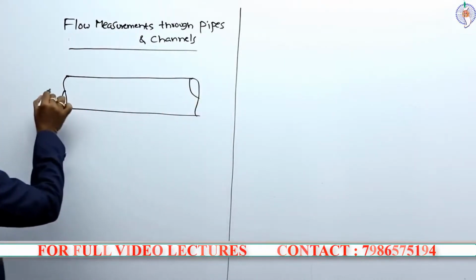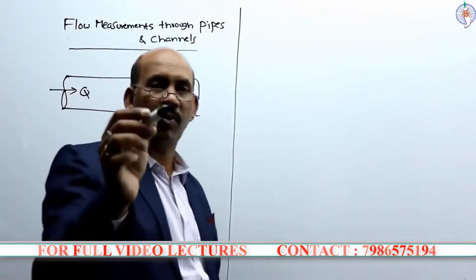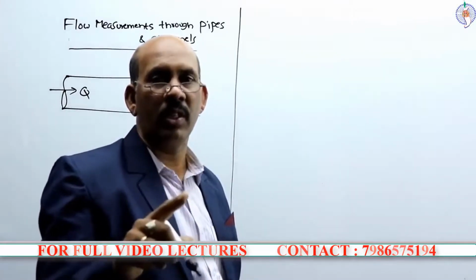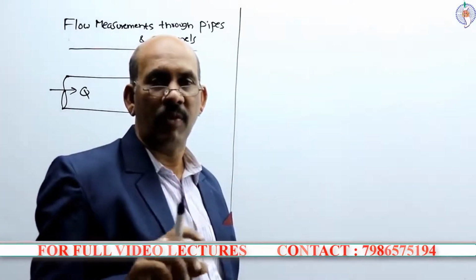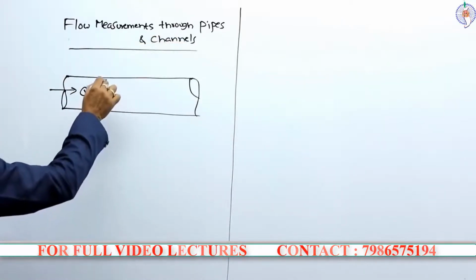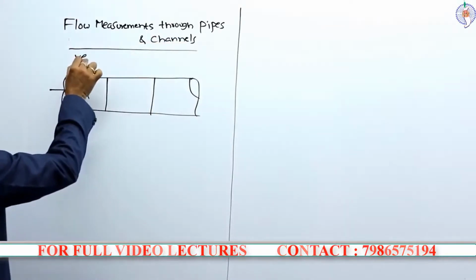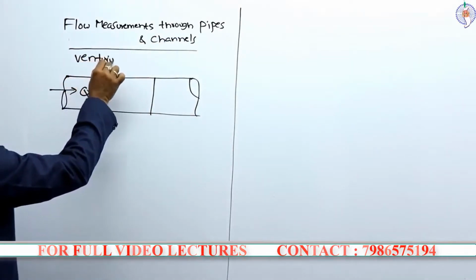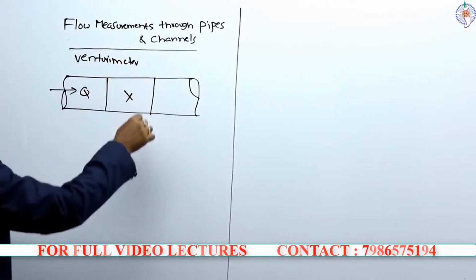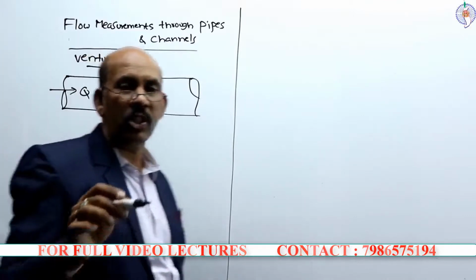and we want to know the quantity of flow. Let us say Q is the discharge flowing through the pipe. In order to measure the value of this Q, that is the rate of flow, we want to use a venturi meter in a portion by cutting. So this portion of the pipe is cut and we can install the venturi meter,